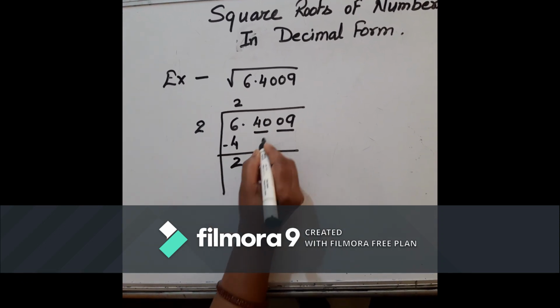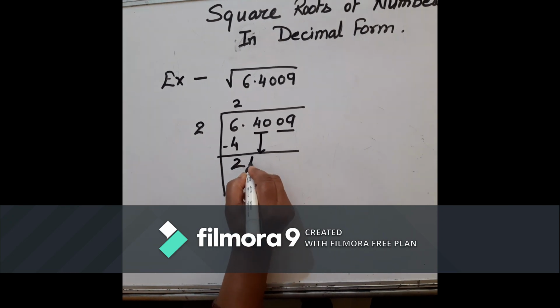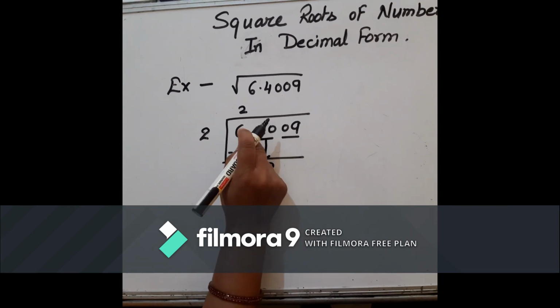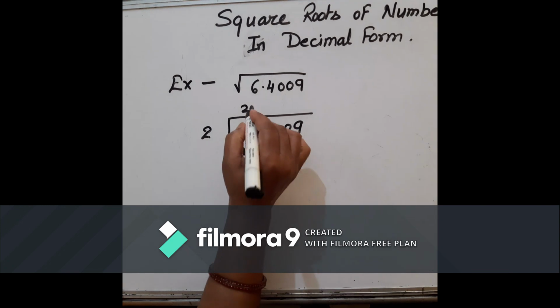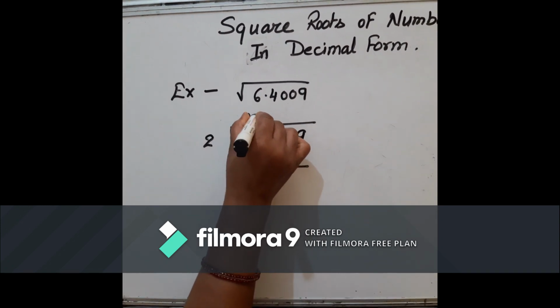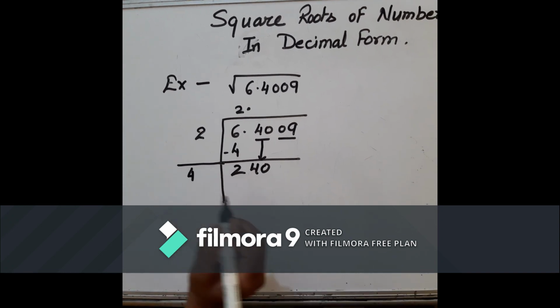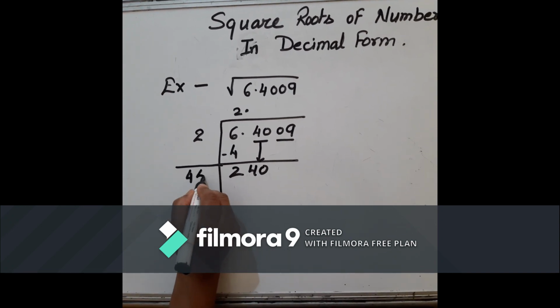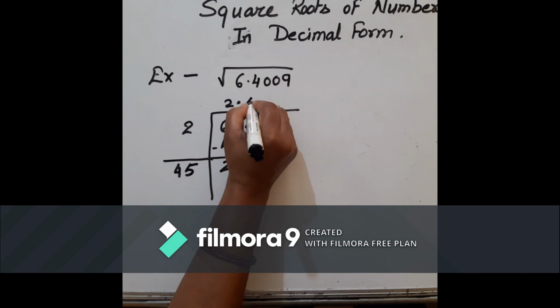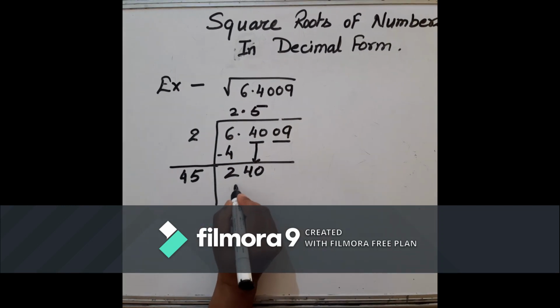Subtract, 2 remains, and the next pair comes down. In this number, after the decimal, we also put the decimal in the quotient. 2 plus 2 is 4, 5 5s are 45, 5 5s are 225,